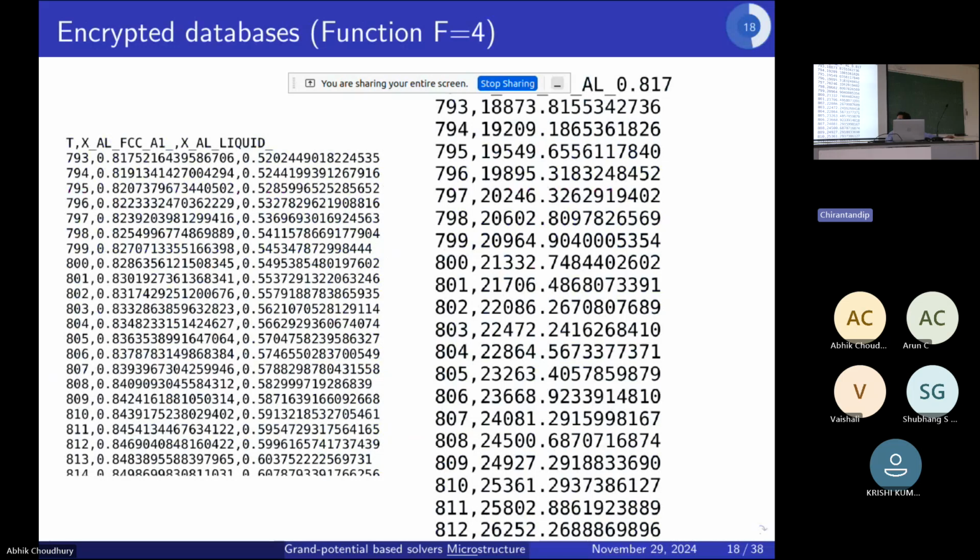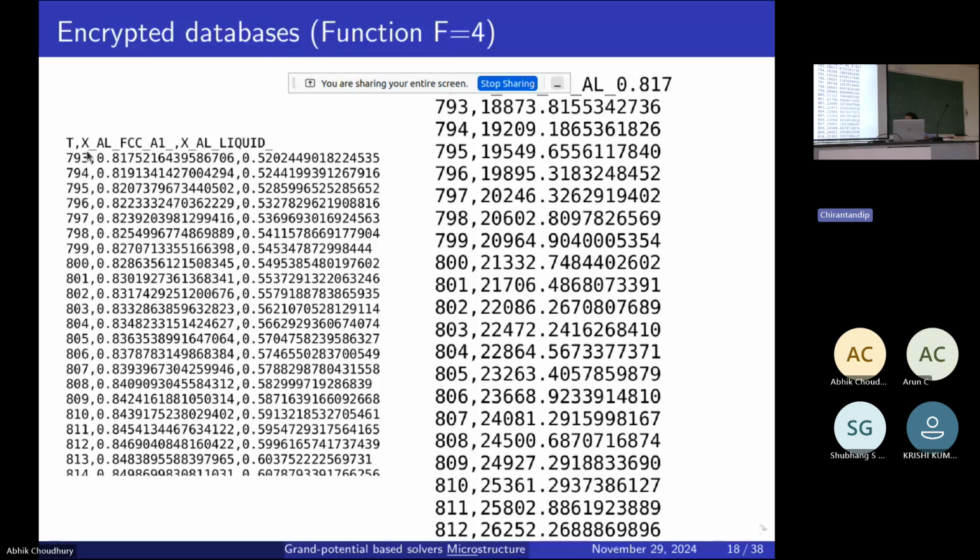So that's essentially what we do for function F4, where we do not have the databases. We can't compute those derivatives by hand or by any software. We need information coming from the APIs. From the APIs, you can extract what I said was the line calculation. So for a given temperature, you can find out all sorts of two-phase equilibria you can have. So for example, here, let's see, you can try to basically calculate